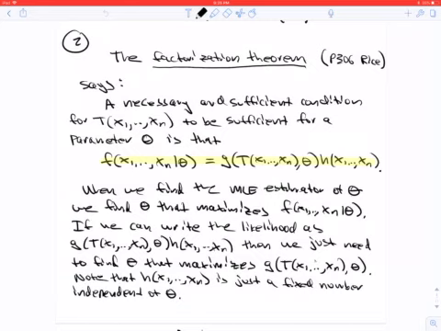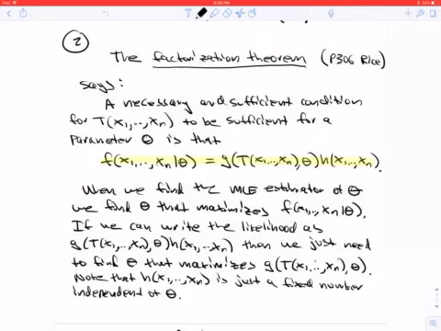So the h(x1, ..., xn) is just a number independent of theta, so it's not important for the purpose of optimizing, finding the theta that optimizes the likelihood. What we need to optimize the likelihood is g, which is a function of your sufficient statistic and theta. So that is why